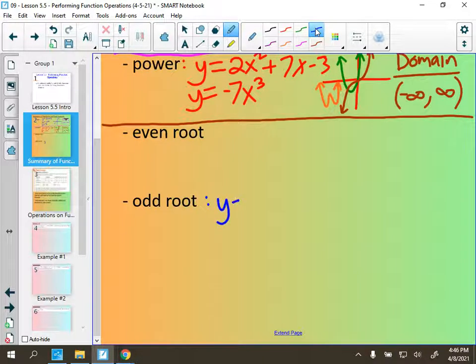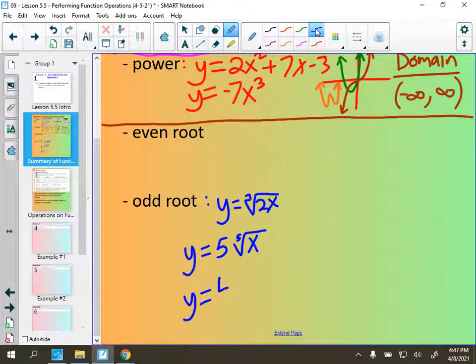Y equals the cube root of 2x. There's my 2 again. Couldn't be a function if I didn't use a 2. Just joking there. But so we got a cube root of 2x. The fifth root, y equals 5 times the fifth root of x, something like that. So anything that involves an odd root, the one that's maybe not as recognizable might be something like this: y equals 4x